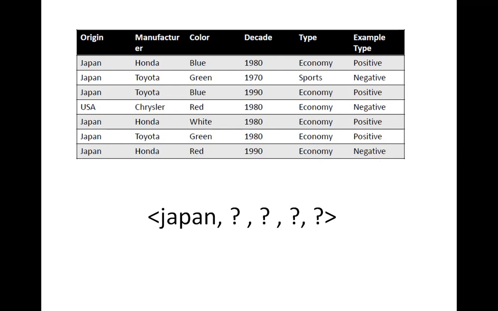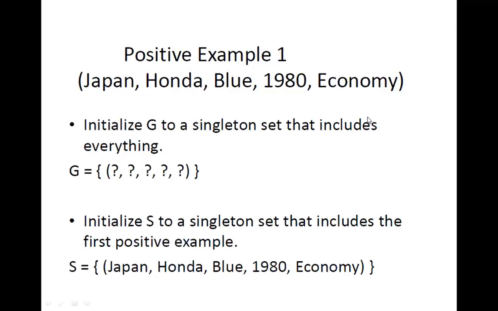Is it clear? In the data it is negative, but our hypothesis will classify it as positive. See, that is a problem with this concept learning thing, okay? You can never say they are perfect. For some case or other, it will fail. So let's see, we shall apply the candidate elimination algorithm for the same table data, and we will consider positive as well as negative examples and see what hypotheses we are going to get.